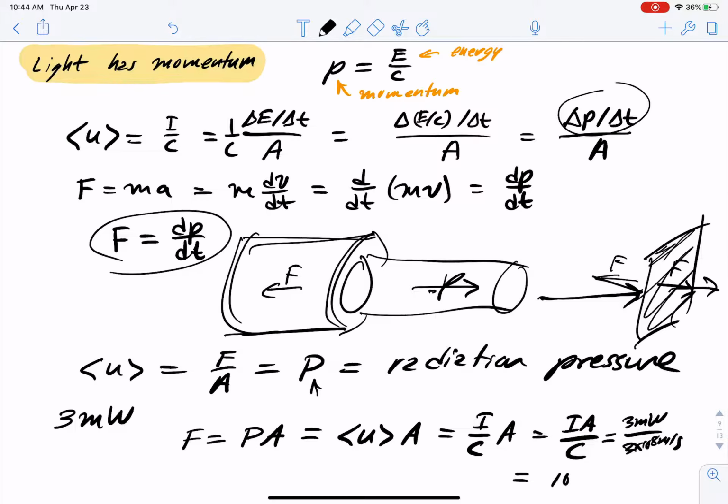So this gives us 10 to the minus 11 newtons. So it's very small. You're not going to notice that. All right, so